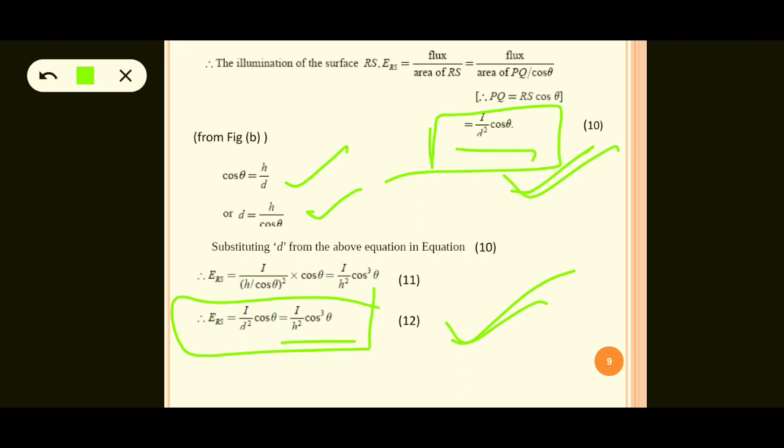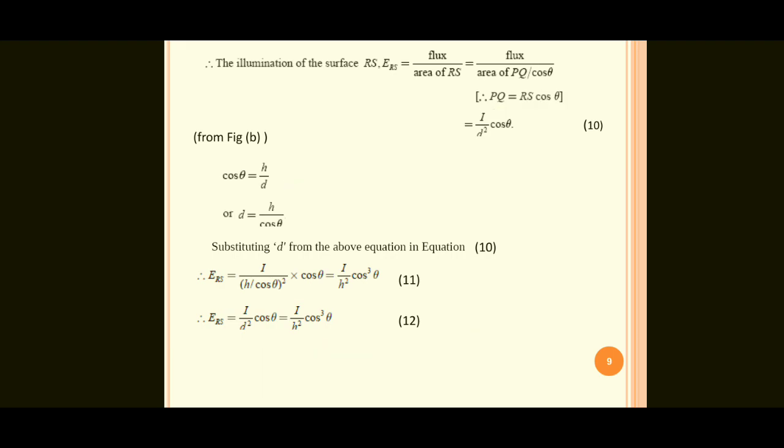First one, the inverse law, means inversely proportional to the square of the distance. So consider three areas, A1, A2 and A3, separated by distances D1, D2 and D3: D, 2D and 3D. For area A1 the distance is D. For area A2 the distance is 2D. For area A3 the distance is 3D.